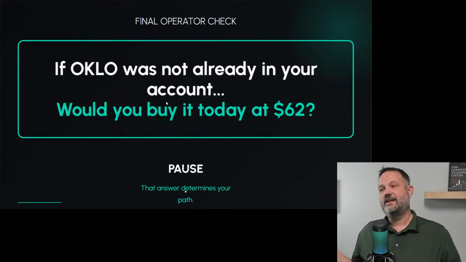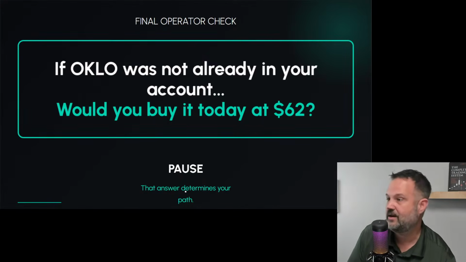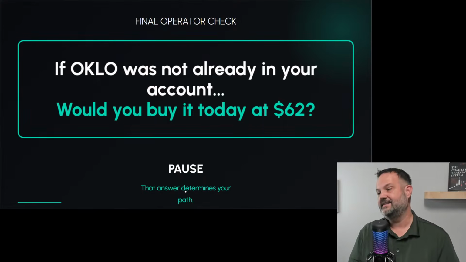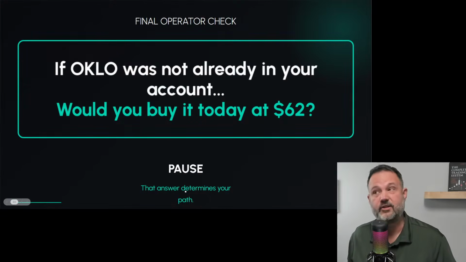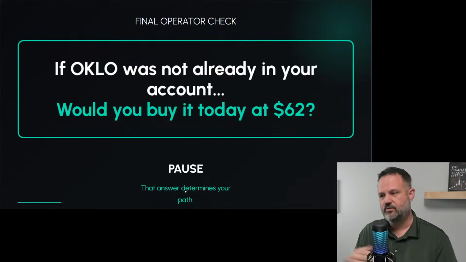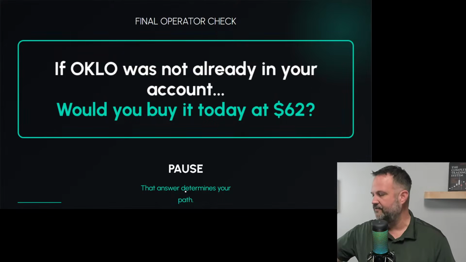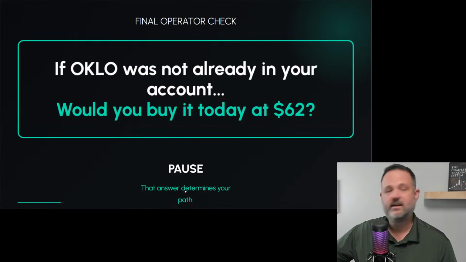And one last question, and this one would be great for you men who were thinking about buying this. If it was not already in your account, would you buy it today at 62? The answer determines your path. And really, we know that it's below the 200, but we saw that it made it up to 192. So if some of these deals go through, they start making money from Facebook and the Department of Energy and that other deal, I think it was other countries. Wow, this thing could go to 198. Right, back to 192, 198. So there's a lot of upside, right?